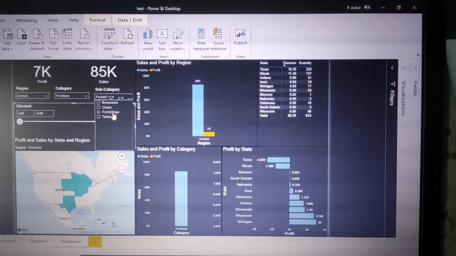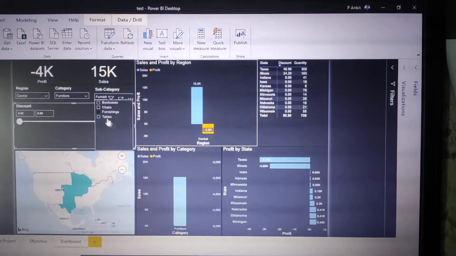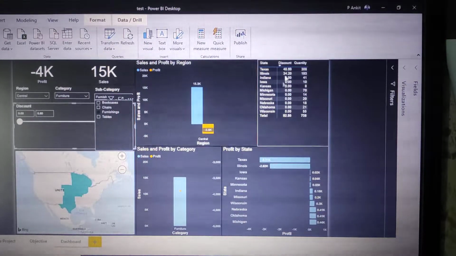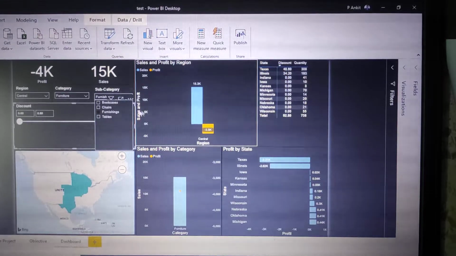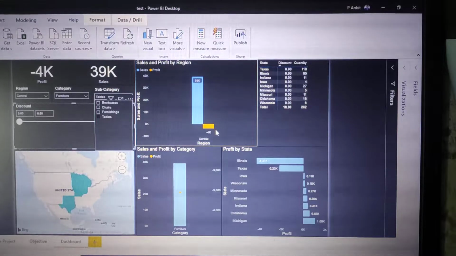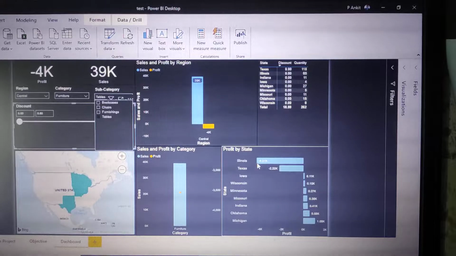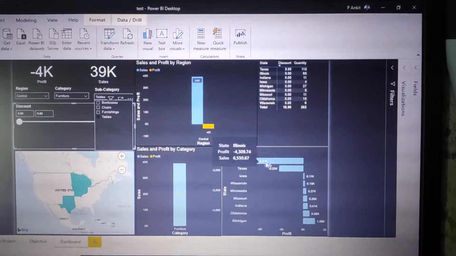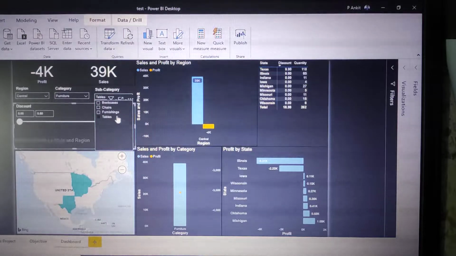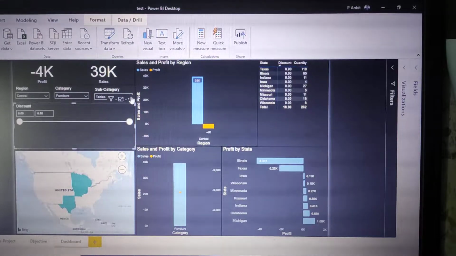So let's check out furnishings. In furnishings we have a negative profit, larger than in bookcases, at 3.9k, and I think it is the same states because of the discount, I guess. For tables also we have an overall negative profit in the central region, this time with Illinois on top followed by Texas. So in the central region, furniture has a negative profit.